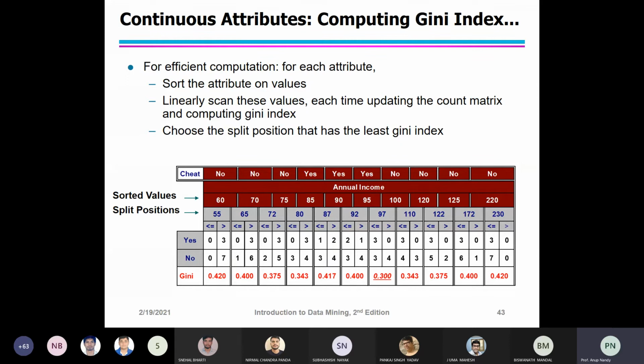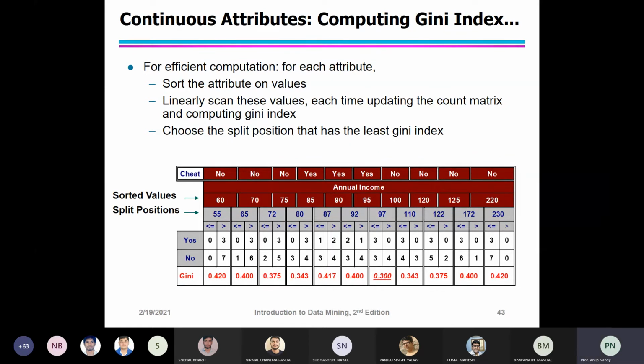Now the overall Gini index for the candidate split position is 0 into 0 plus 1 into 0.420, that is 0.420. Now for the second candidate, V equal to 65, you can determine the class distributions by updating the distribution of the previous candidate.